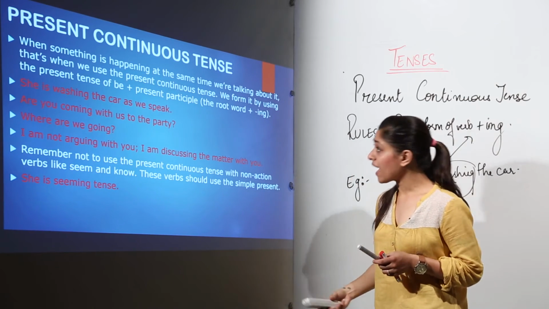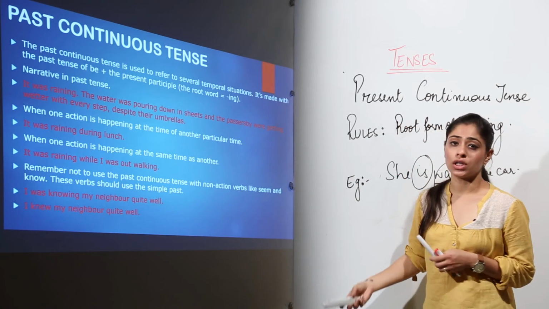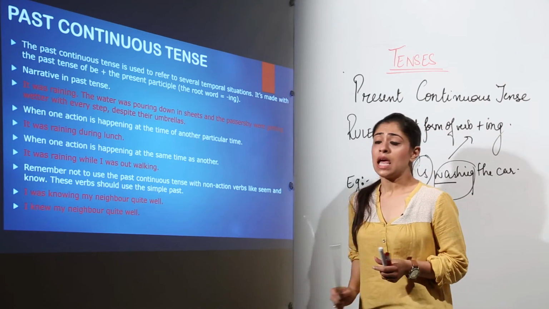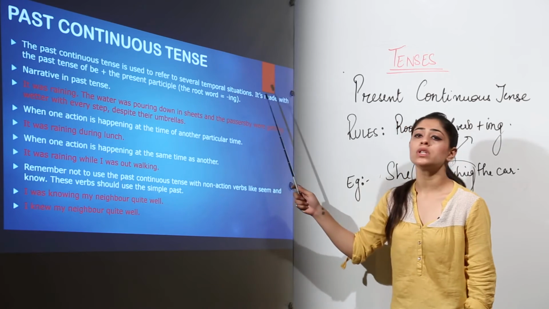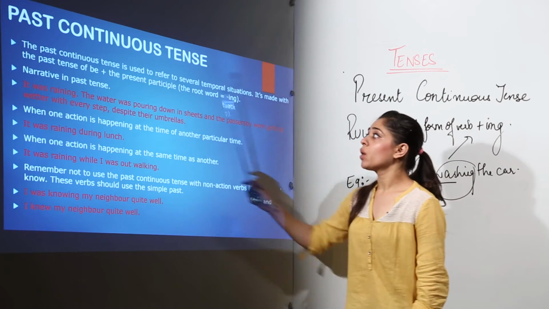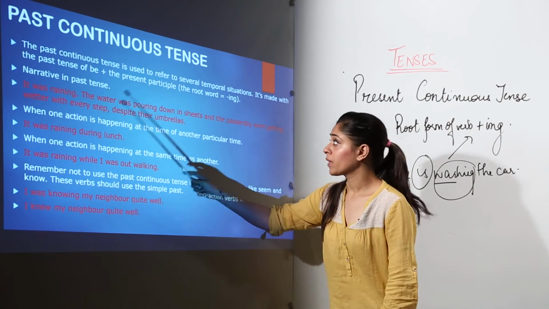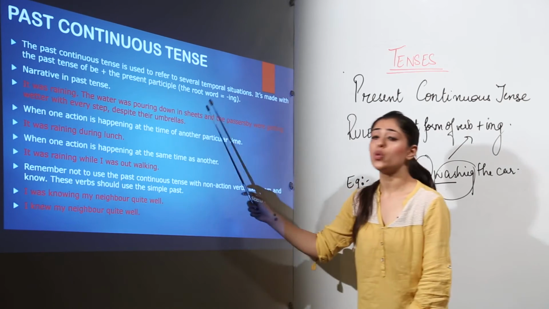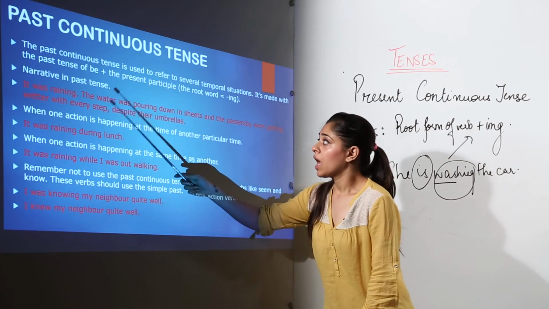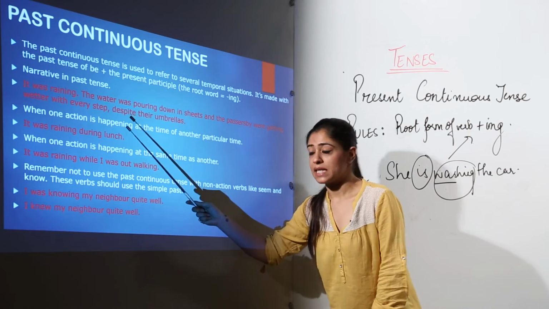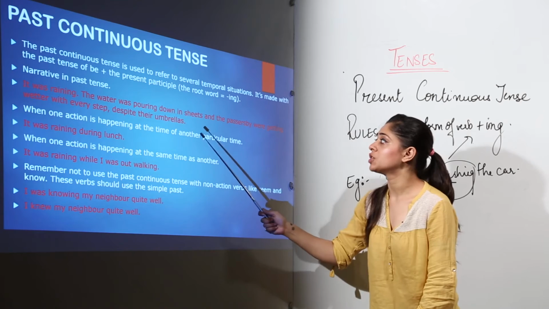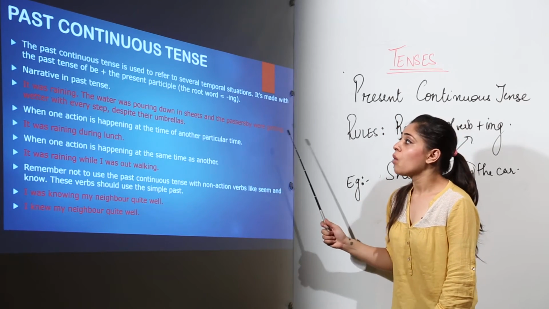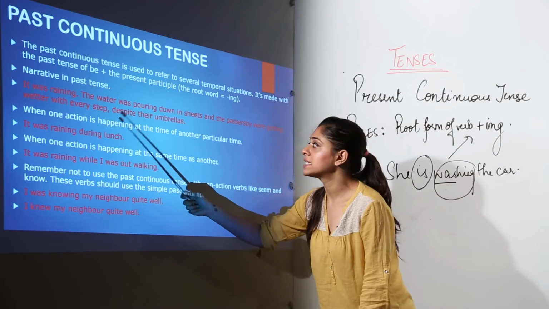Moving on, now we have past continuous tense. Let's understand this. Past continuous tense is used to refer to several temporal situations. It is made with the past tense of be and the present participle, the root word with ing. It is narrative in past tense. Now, it was raining, the water was pouring down in sheets and the passersby were getting wetter with every step